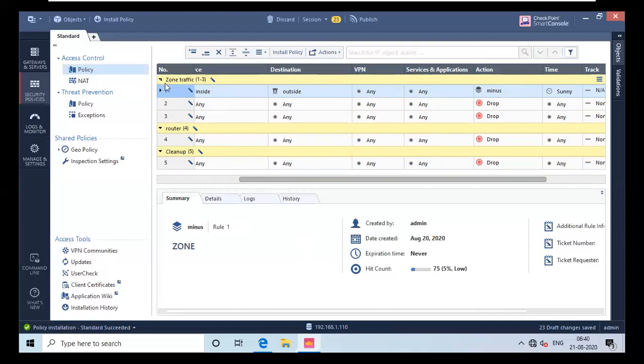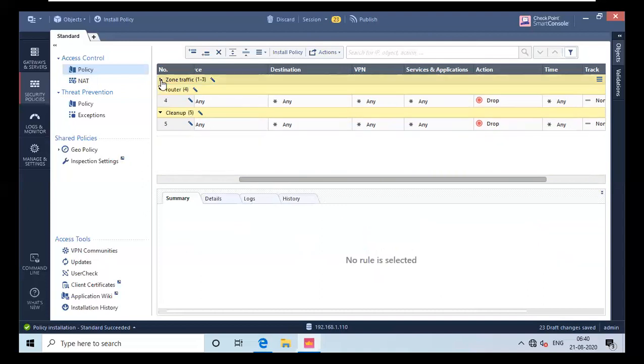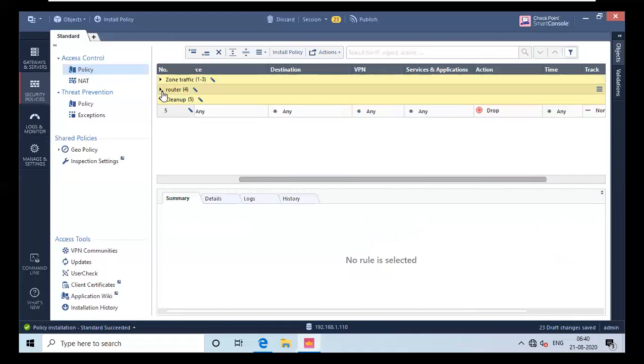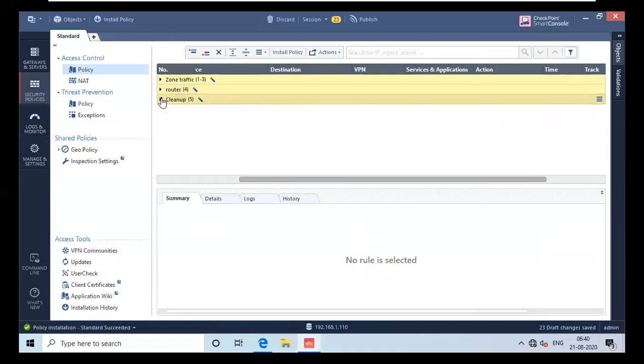That's why. So these are my router rules, and these are my zone traffic. These are extra cleanup rules. So as you can see, it's a little bit organized. So whenever you want to change, you can go to the specific part and change the rule. Okay, so it works like that, and that's it about this topic.